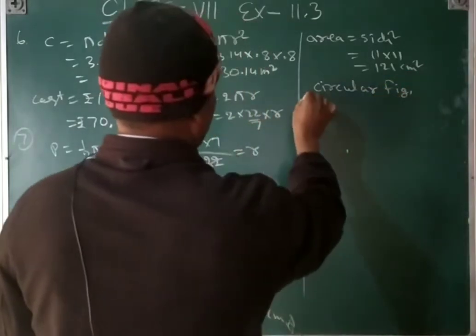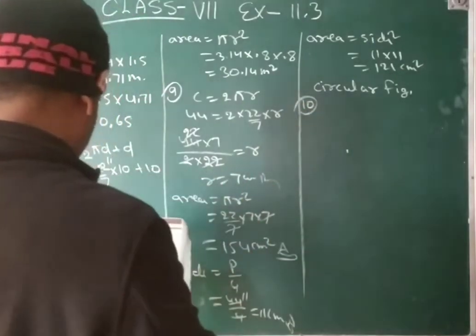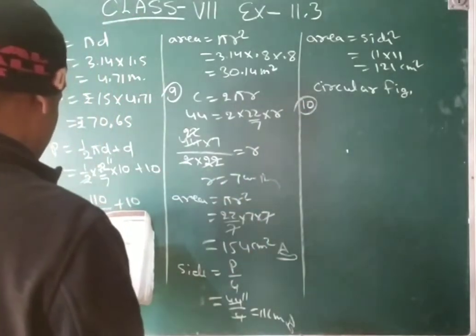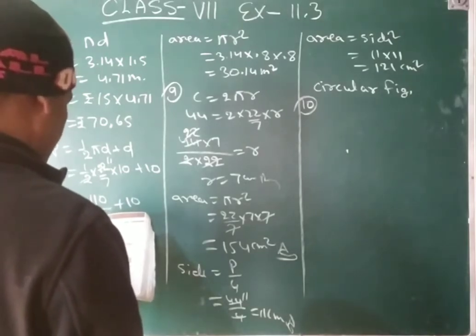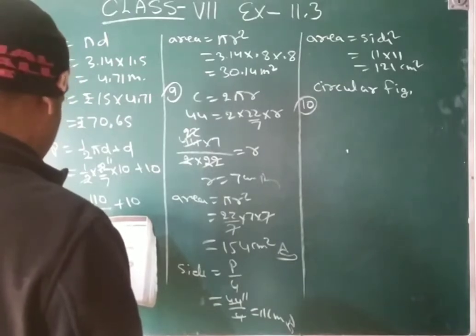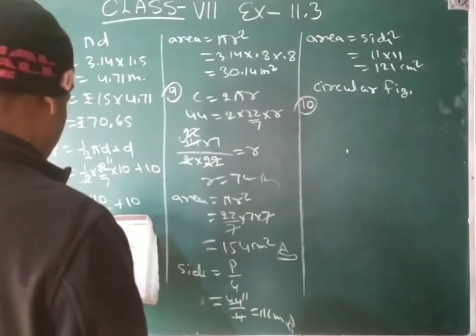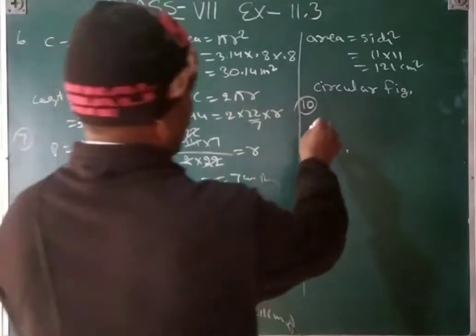Include more area. 10th question: From a circular card sheet of radius 14 centimeter, two circles of radius 3.5 centimeter and a rectangle of length 3 centimeter and breadth 1 centimeter are removed. Find the area of the remaining sheet. So the area of the remaining sheet